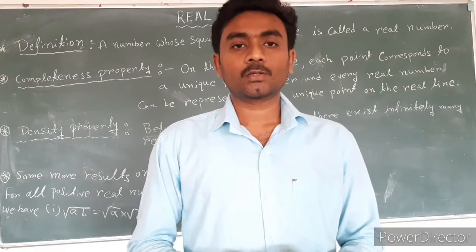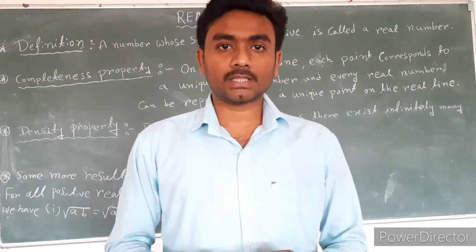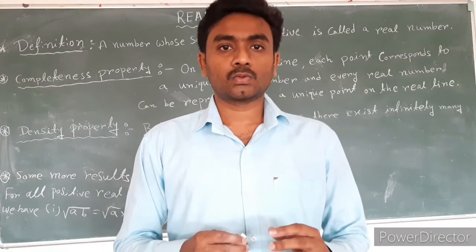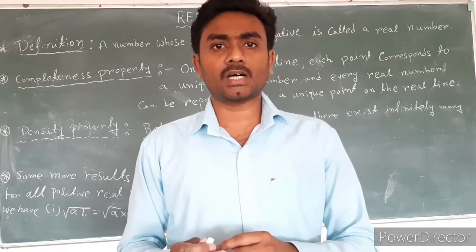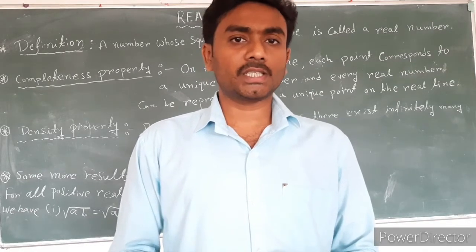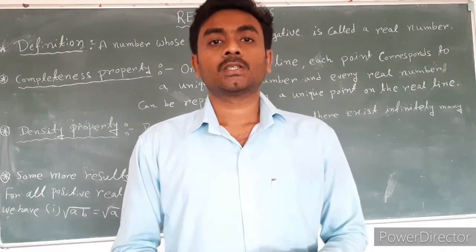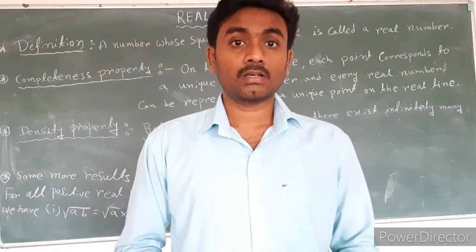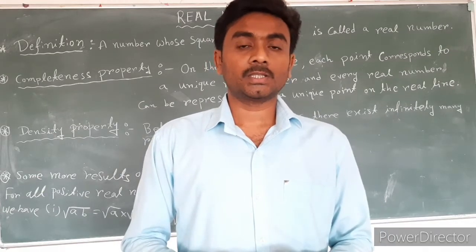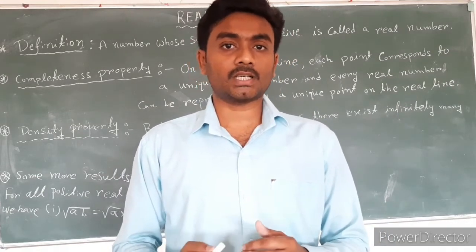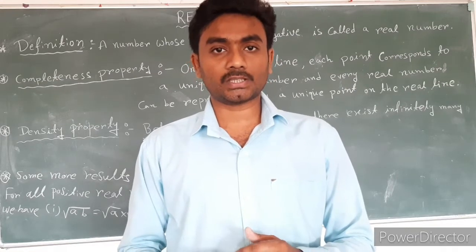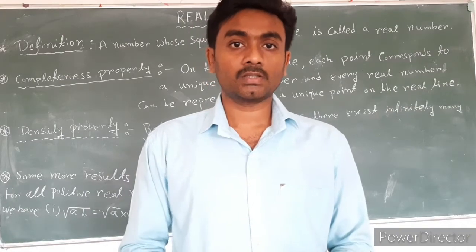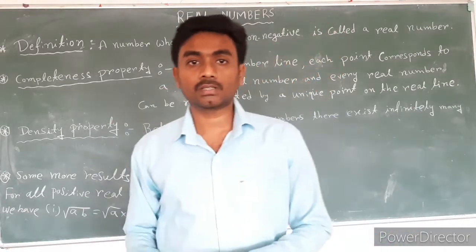In the previous class, we learned about irrational numbers, different types of irrational numbers, and we also found rational numbers and irrational numbers between any two given irrational numbers. We will now discuss the real number and its properties, addition of irrational numbers, subtraction of irrational numbers, multiplication and division of irrational numbers one by one. Let us start with real numbers.